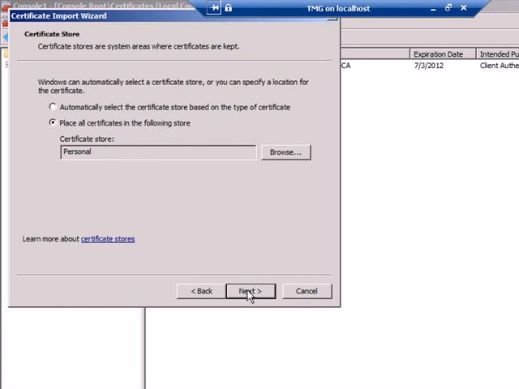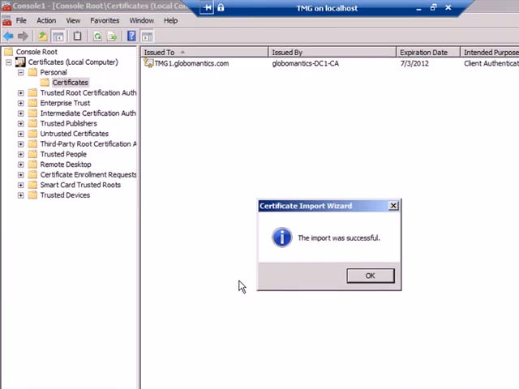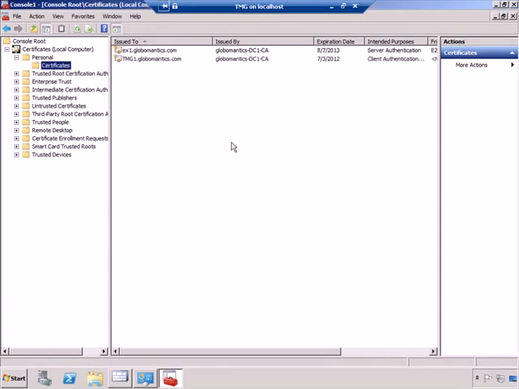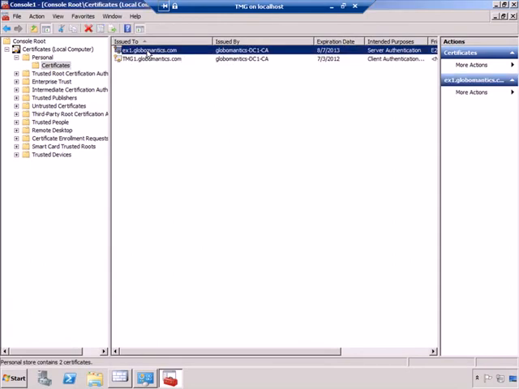This is how Threat Management Gateway will allow us to use this certificate later on. And you'll see this in action in a few minutes. You'll understand exactly why we're going through this process. So click Next, and click Finish, and you'll see that the import was successful and our certificate actually does show up at the